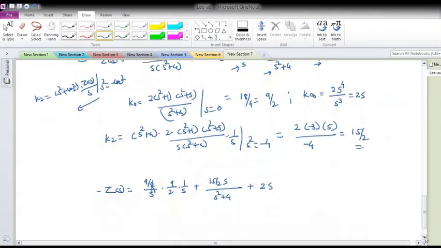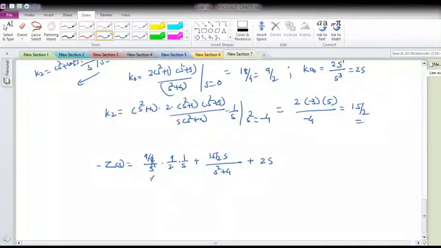Now realize it. If I would like to realize this impedance, this is your capacitor. So what is the value? 1 over Cs, so it will be 2 by 9 farad, because in 1 over Cs, C will be in the denominator, but it is 9 by 2, so ultimately 2 by 9 farad. If it is a simple pole, then we know that the L and C will be in parallel form.